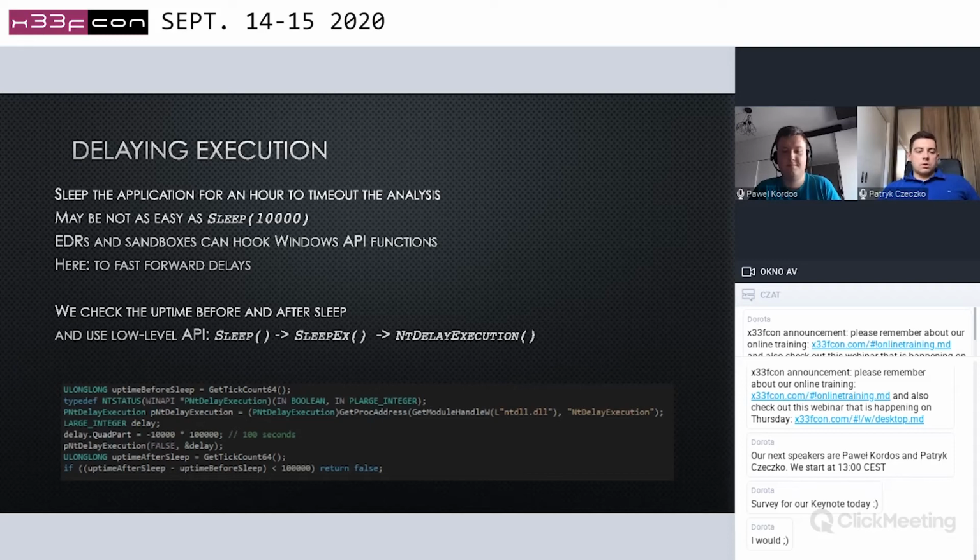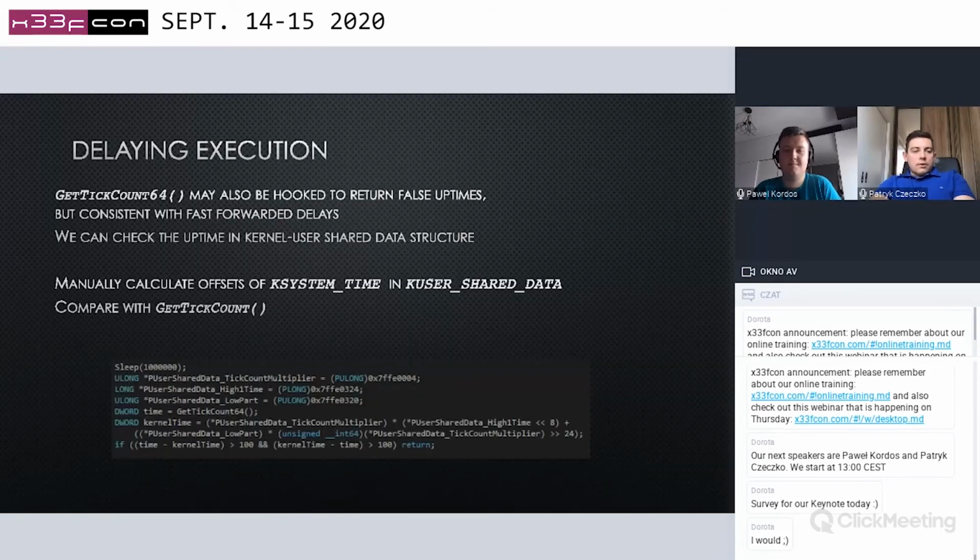some long sleeps called by us in the code can be bypassed simply, fast forwarded by the analysis environment, and it may not be that easy to actually delay our code execution for a few minutes, and we can use Sleep or NtDelayExecution function, but they may both be hooked. And what we can do to avoid this